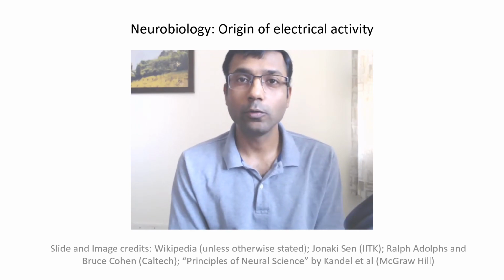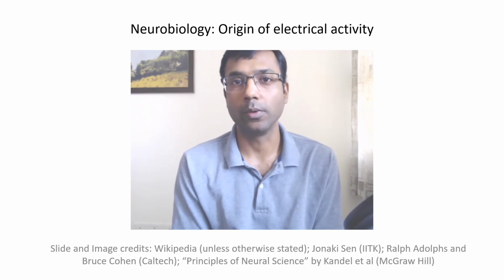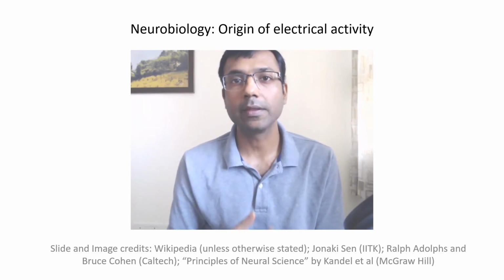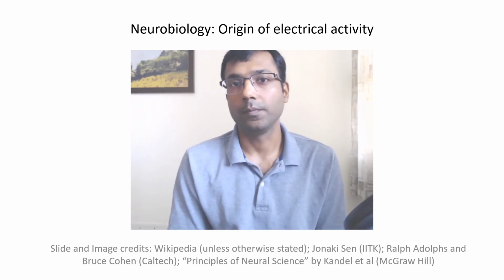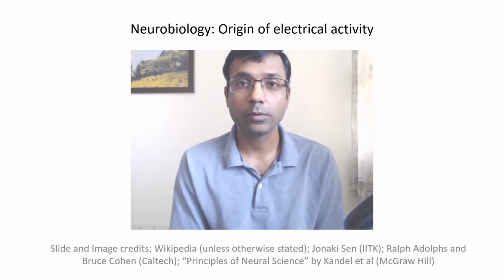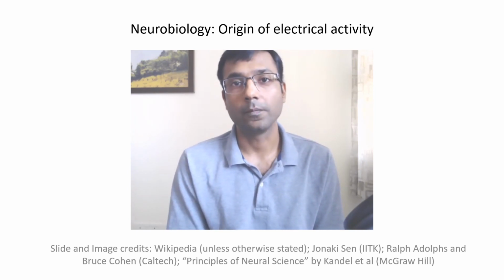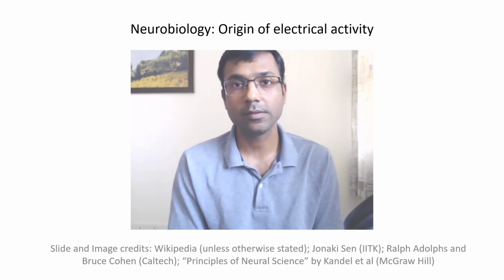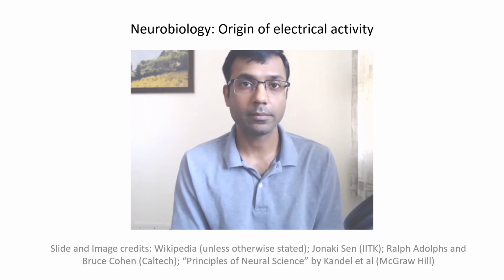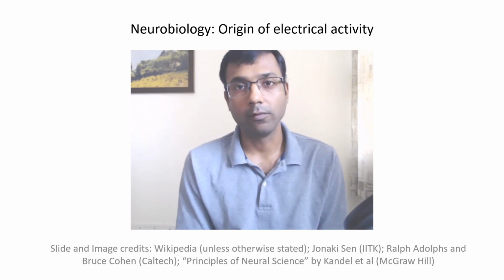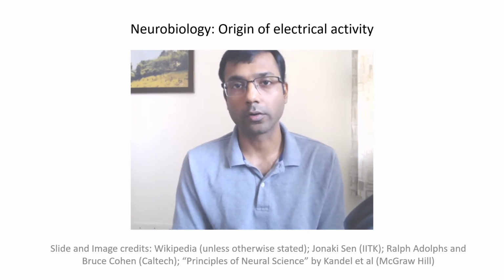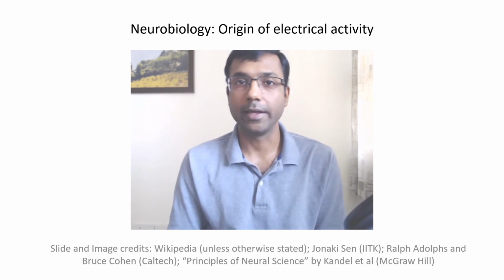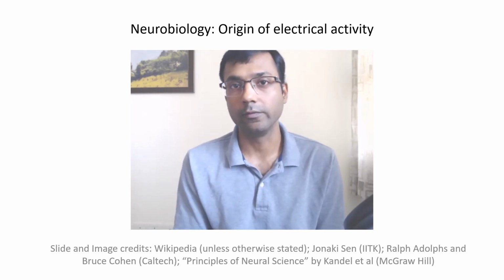In the first module, we looked at a basic introduction to neurobiology. We discussed how people started thinking about the brain, what the different tools are that are used to understand the brain. We've also looked at the different types of components, the cells, neurons and glia that are part of the brain. And we have also looked at the broad organization of the human brain. What are the different parts?